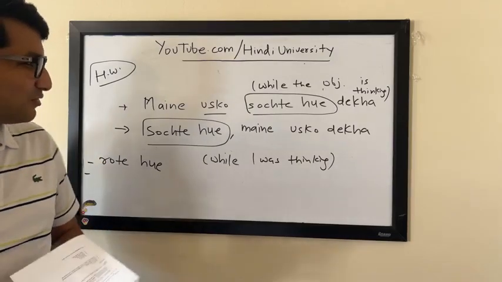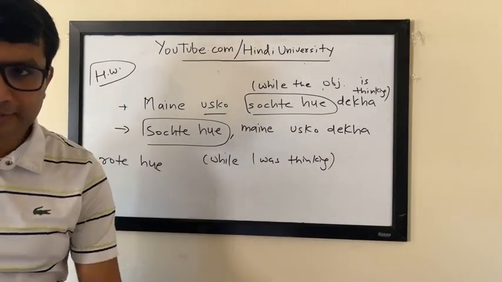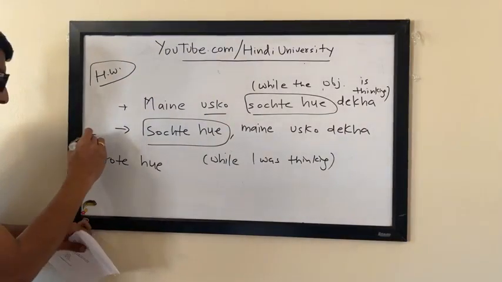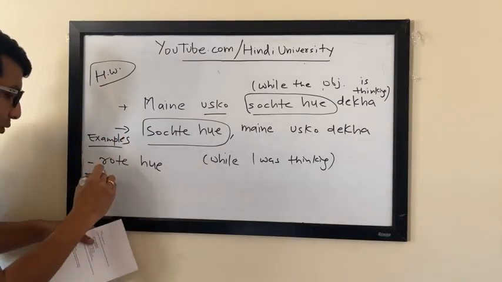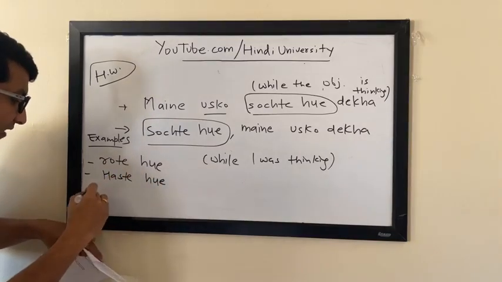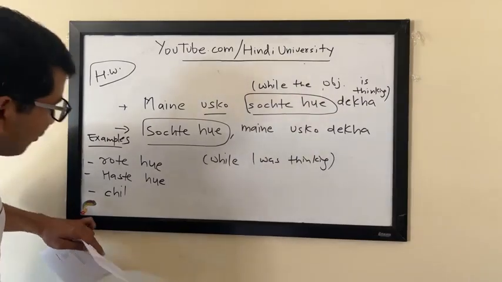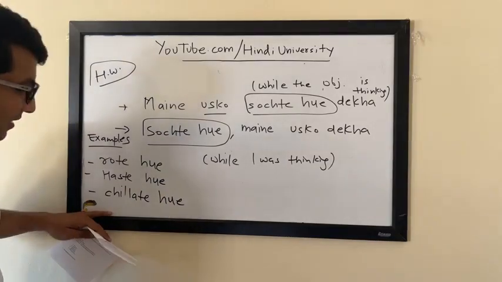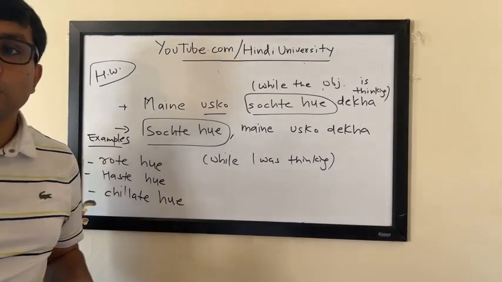All you have to do is, the pattern is there as it is. All you have to do is change this word. And try to at least think about what may be happening. Okay, I can give you some examples here, but don't use the same ones. रोते हुए, हंसते हुए, चिल्लाते हुए. What is chillana here? Let's say, Suvilai, what is chillana? Chillana. Oh, I don't know. Okay, to scream.